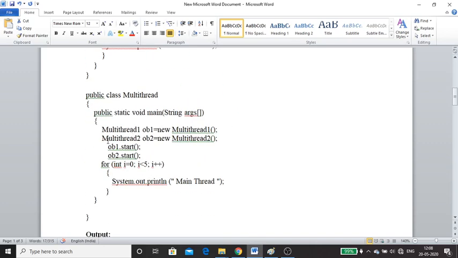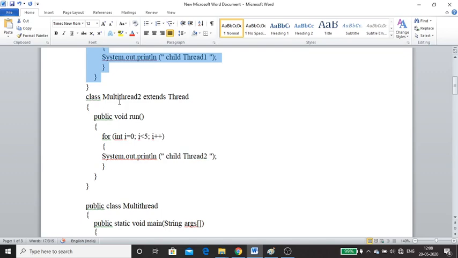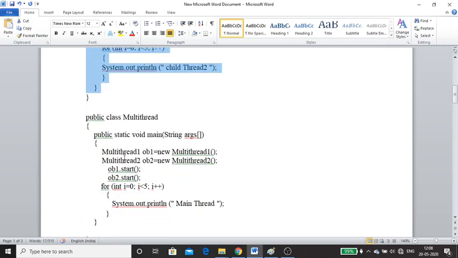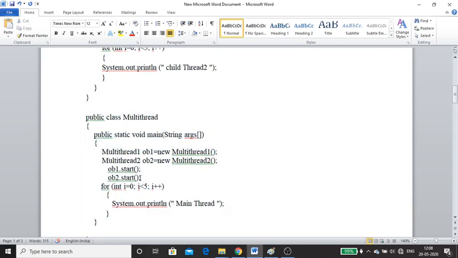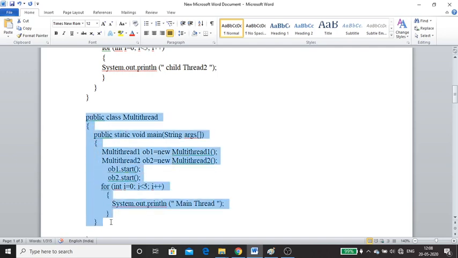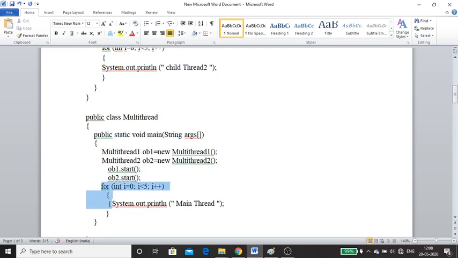In the same way, for the second object, start means a new thread got created. ob2 is of type MultiThread2, and there is no definition for start here, so it will execute the start of Thread, and at the end it will execute this run. The main function is executed by the main or default thread, up to ob1.start. Once the main thread executes this line, the first child thread is created, and then the second child thread is created. The main thread continues executing the rest.